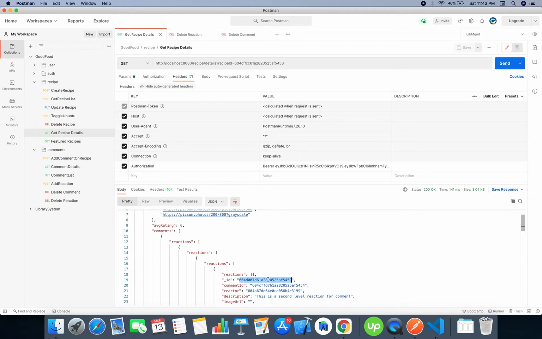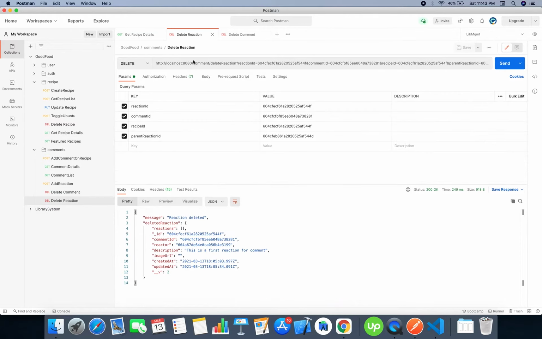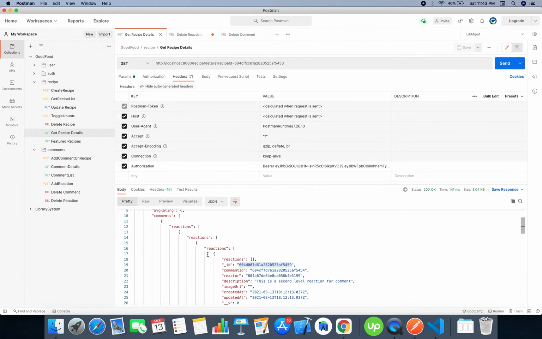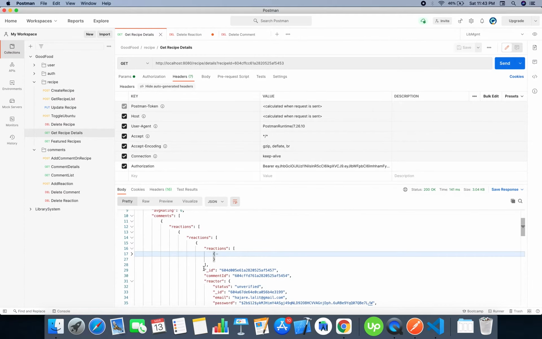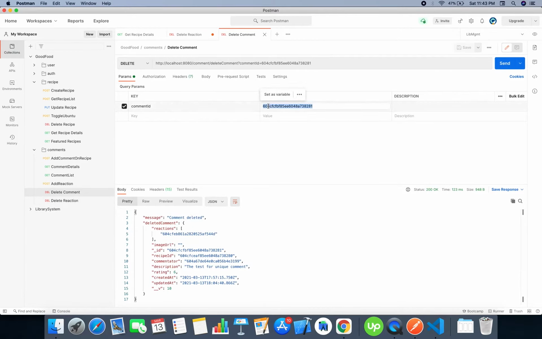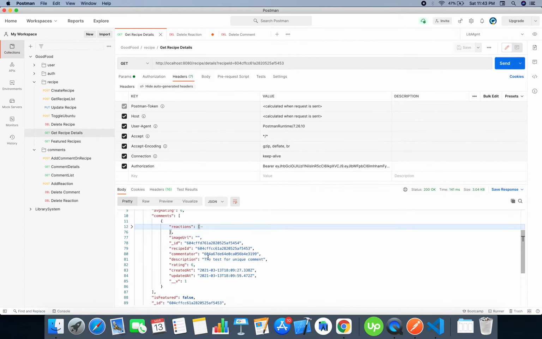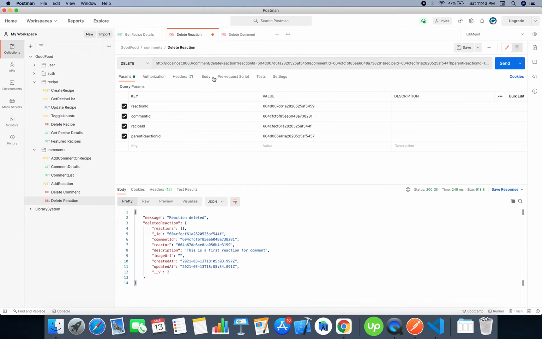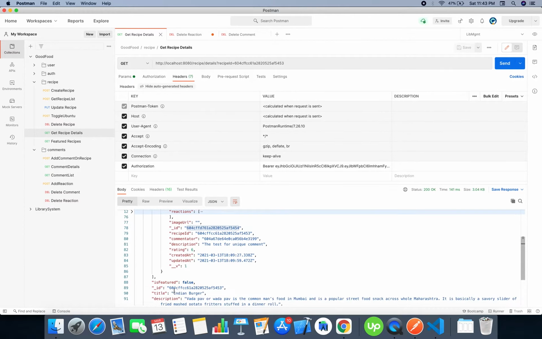Now we are going to delete this reaction which is innermost. So this is a third level reaction we are going to delete. Let's paste over here. Let's take the parent reaction ID, parent reaction ID. Now comment, sorry, this will be our comment ID, and recipe ID, this will be our recipe ID.